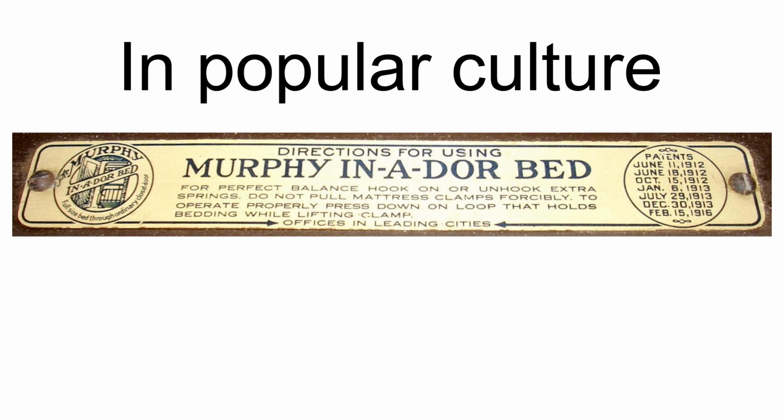Charlie Chaplin's 1916 1 a.m. also features an exaggerated encounter with a Murphy bed. Later films which use Murphy beds as comic props, often to cause injury or frustration, or to hide a clandestine guest, include Laurel and Hardy's Be Big, 1930, Jimmy Stewart and Ginger Rogers' Vivacious Lady, 1938, Buster Keaton's Spite Marriage, 1929, and Nothing But Pleasure, 1940, Abbott and Costello's Hit the Ice, 1943, several Three Stooges shorts, including 1952's Corny Casanovas,